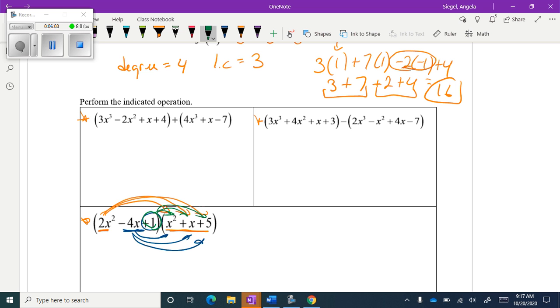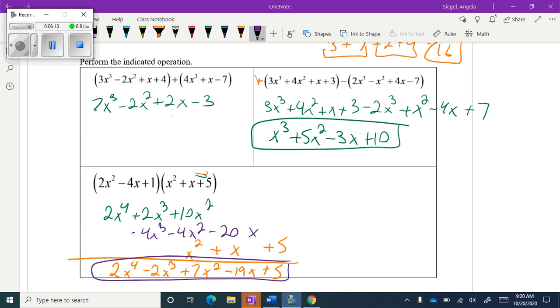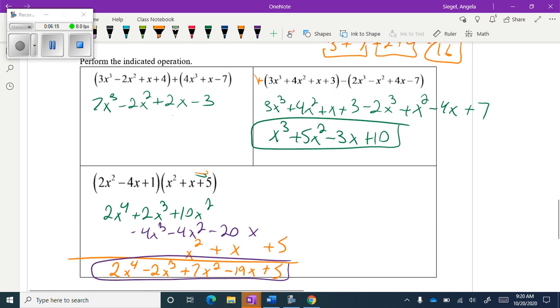So I'll show my work on all of this. Make sure when you are subtracting all of these, I like to change the sign on that. So I'll show you that as well. Okay, if you look, these are